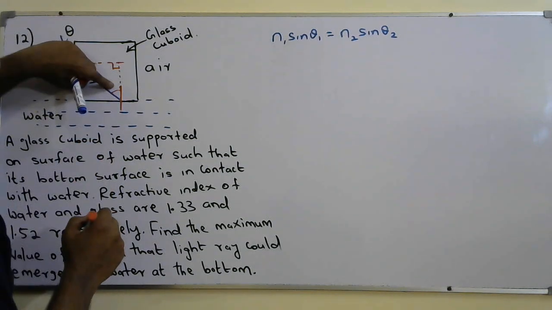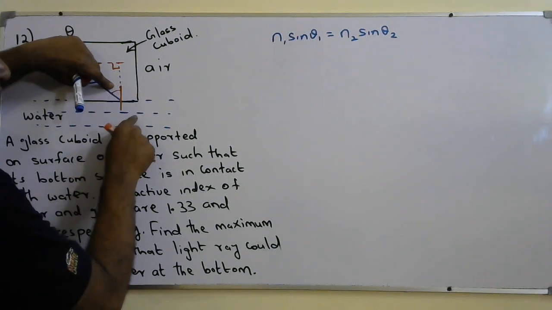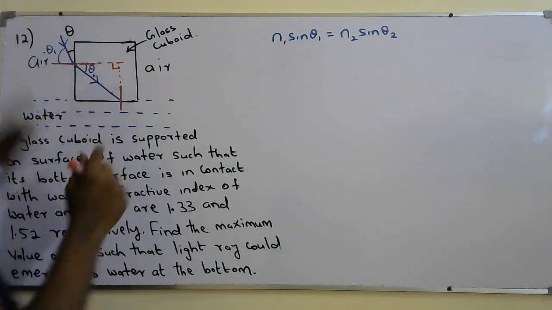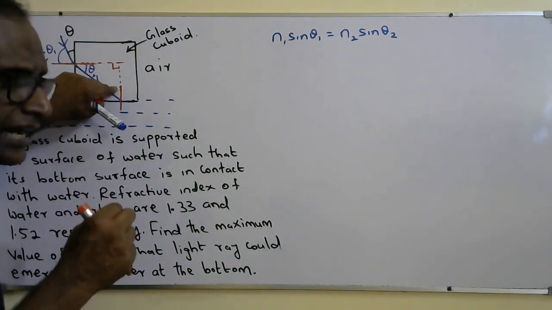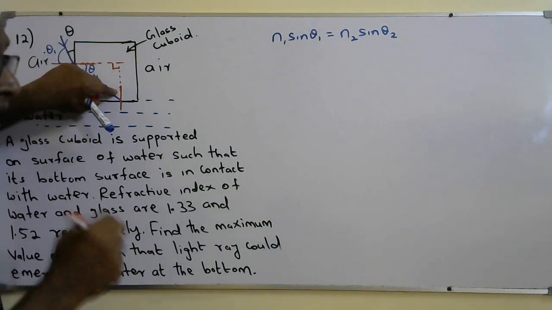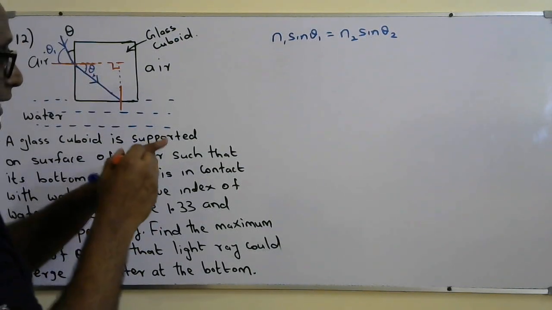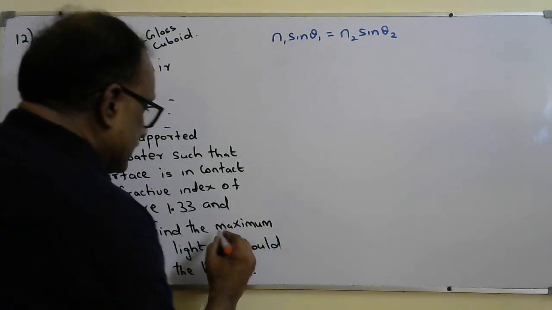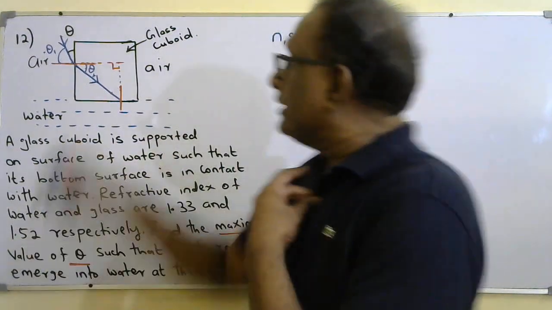So if this angle becomes more than the critical angle for the glass-water boundary, then the light can't emerge into water. So theta can increase, and the possible maximum angle is such that this angle is very close to the critical angle. When this becomes slightly less than the critical angle, then the light can emerge into water. Again, I'll explain. Theta has an upper limit, that's the question: find the maximum angle of theta. The reason is you can't increase theta randomly, because if you increase theta here,